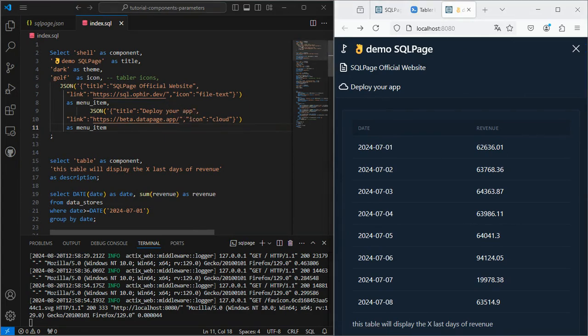Let's now use a divider component, a component that helps organize content and make the interface layout clear and uncluttered.